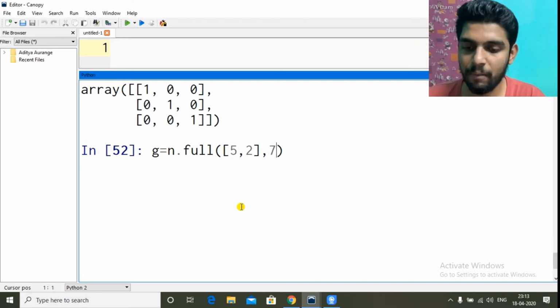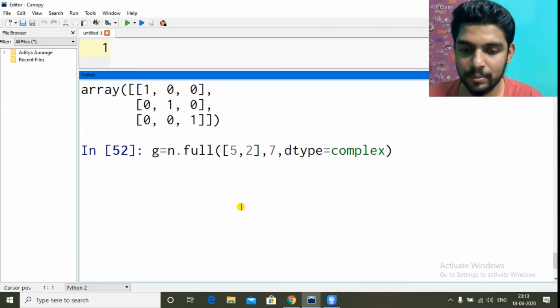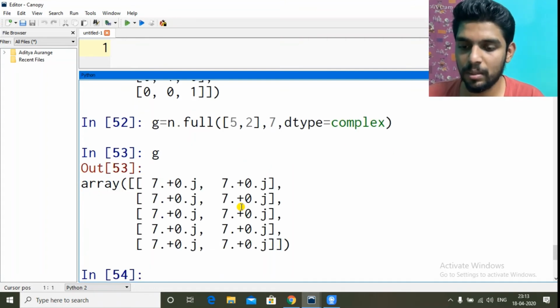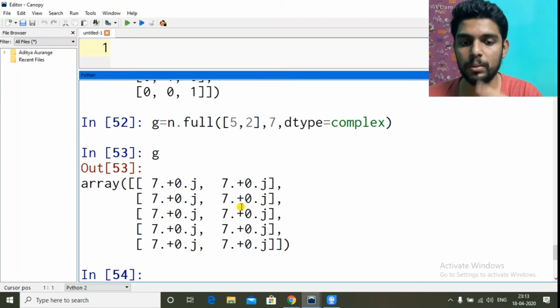So let's say 7 and data type equal to complex. Let's see what it will do. g. See, I gave 7 only, so the imaginary part is 0. So 7, 7, 7, 5 rows, 2 columns.